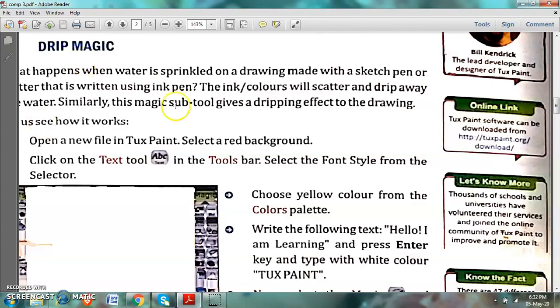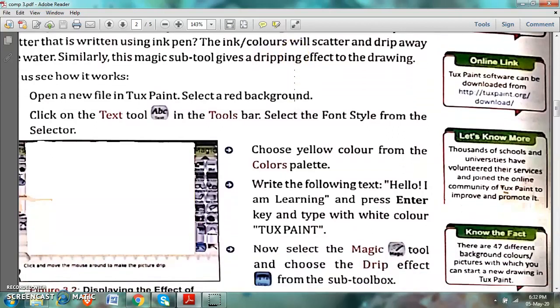The ink color will scatter and drip away from water. Similarly, this magic subtool gives a dripping effect. So if you want that dripping effect on your drawing, you will follow these steps. See what these steps are. Let us see how it works.